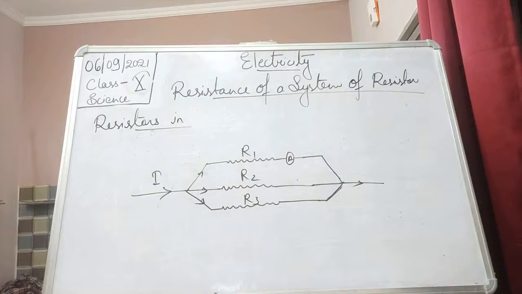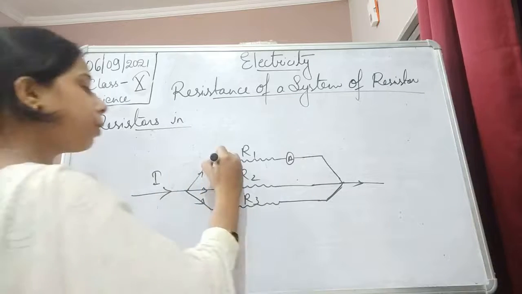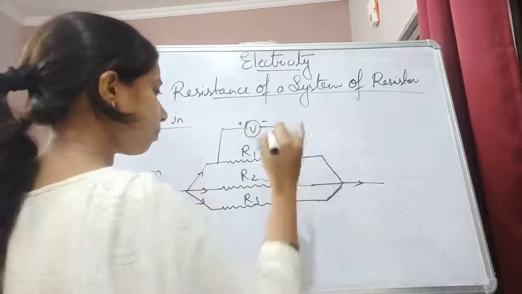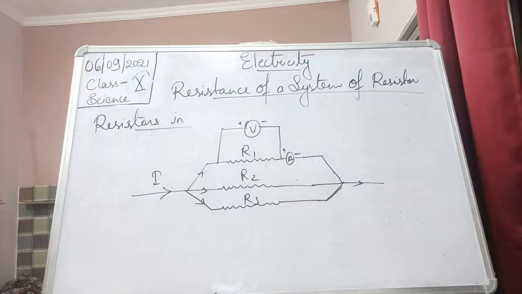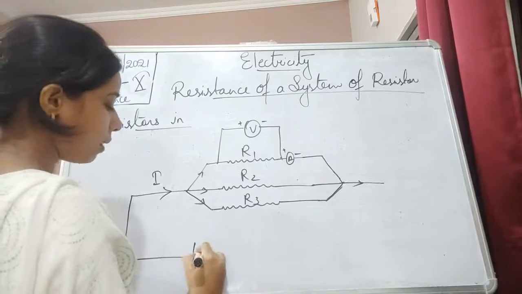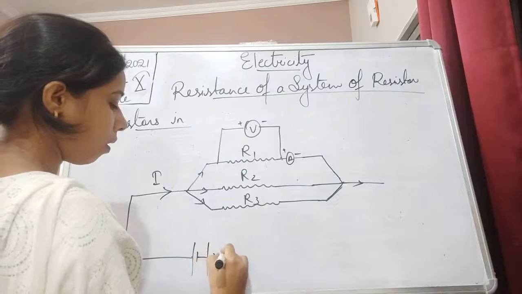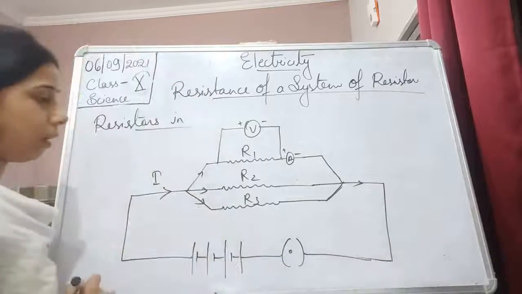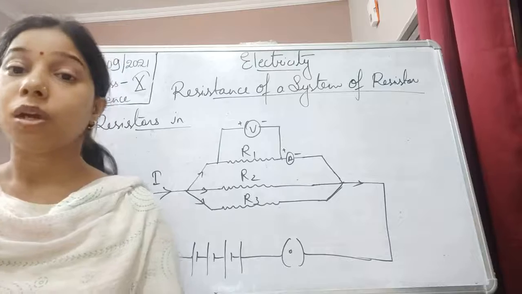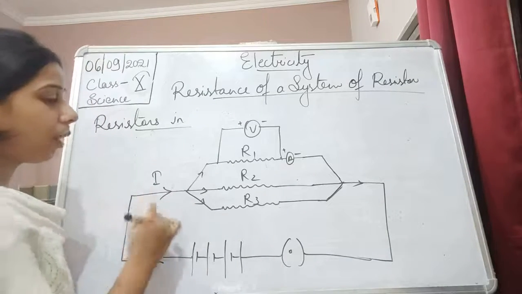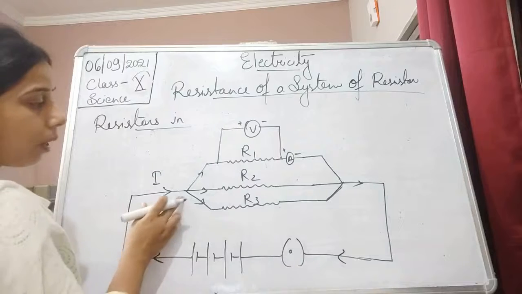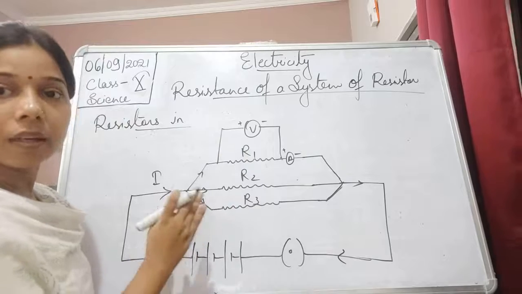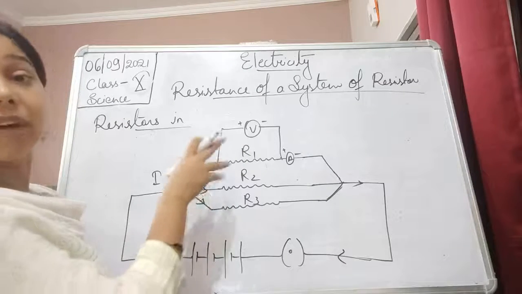Now see, if we put a potential between these two, what happens? The current will start flowing through it. So now this will be an electric circuit. You can simply attach it with a battery and a key. So the current starts flowing through it, and then this current will enter into this circuit where the resistors are kept in parallel. They are arranged in parallel. So now the current gets divided into three.